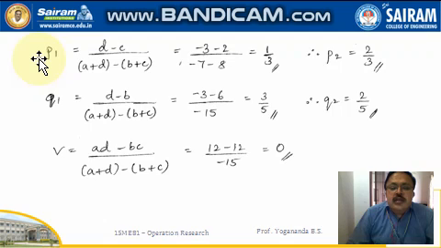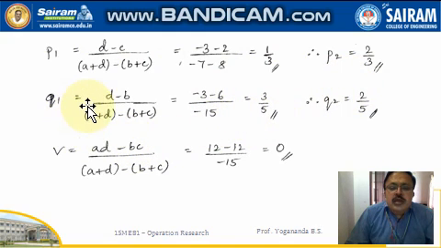Then finding the probability that player A will go for his first strategy, it is 1 by 3. That is, if the game is played 3 times, player A goes for his first strategy 1 time. He goes for his second strategy 2 times. So P2, that is 1 minus P1 is nothing but P2. So if we add the two probabilities, P1 plus P2, that will be equal to 1.